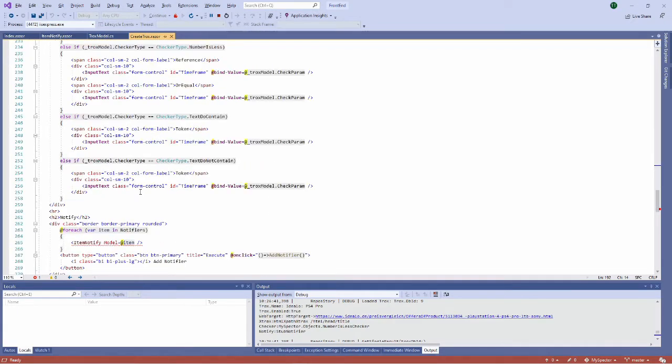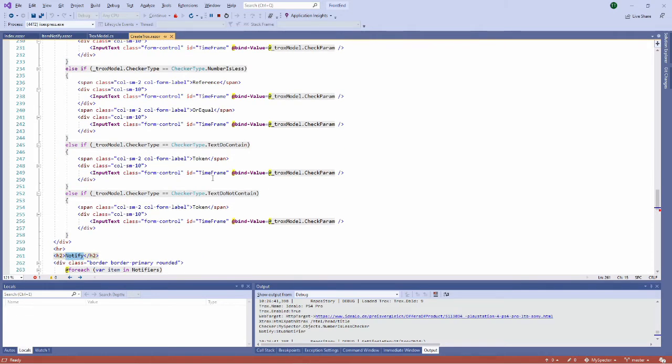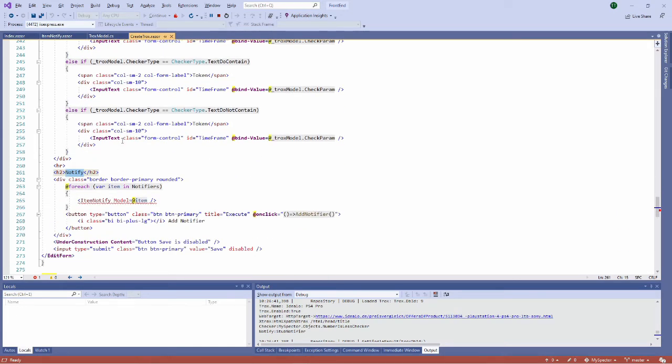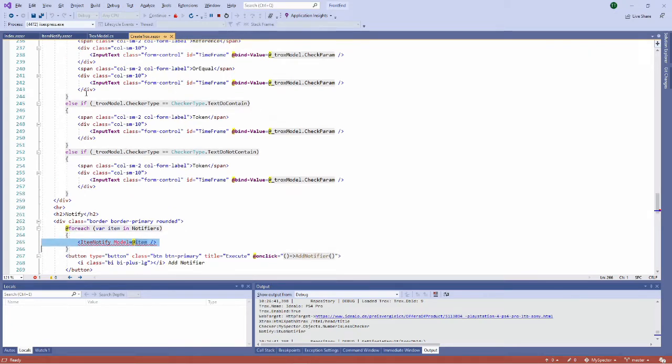I will zoom in on the source code so you can see better. So the notify is there, and you see that the notify, contrary to the others, is a little smaller when I speak about the content of the notify. What I have done is code extraction to generate dynamically the content of the notifiers. Here you see a notify item, which in the other parts is embedding all the stuff like the other thing above. Do not do this.